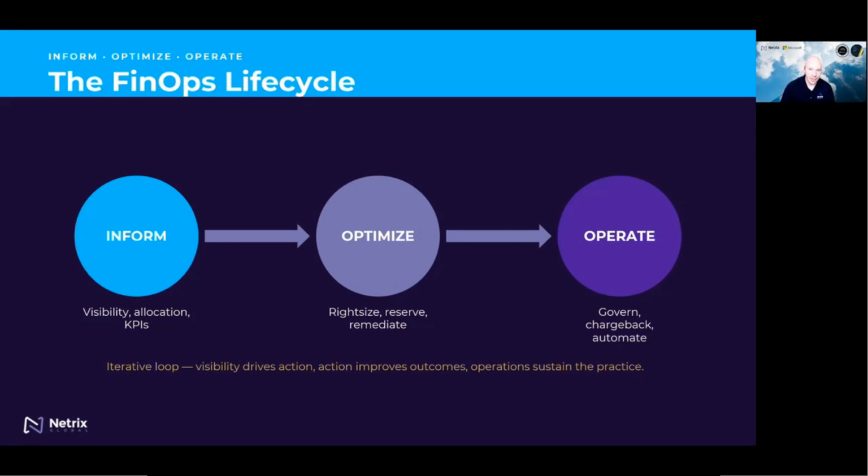Once everything is sort of informed and centralized, and you've got the information that you need through dashboards and through other automations, that's where we get into optimization. So we want to go ahead and purchase reservations. We want to purchase savings plans. We want to scope them appropriately. We want to right-size workloads. We want to remediate any issues. Maybe we do have an open public IP or elastic IP on a service, and it just keeps getting hammered, which is causing a lot more bandwidth than is expected, and that's not supposed to be a thing that's out there. There are a lot of things that really get into the environment that you can optimize